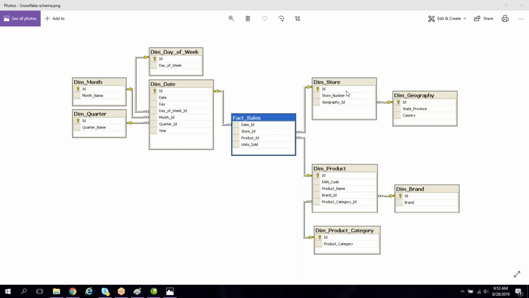In a schema, if you have 10 dimensions and 9 keys are present in the fact, but only one dimension key is not present in the fact, even then that is not a star schema, that is a snowflake schema model. If at least one of the dimension keys is not present in the fact, then that is a snowflake schema model. So we just have to know what a star schema model is and what a snowflake schema model is. Clear? Any questions?